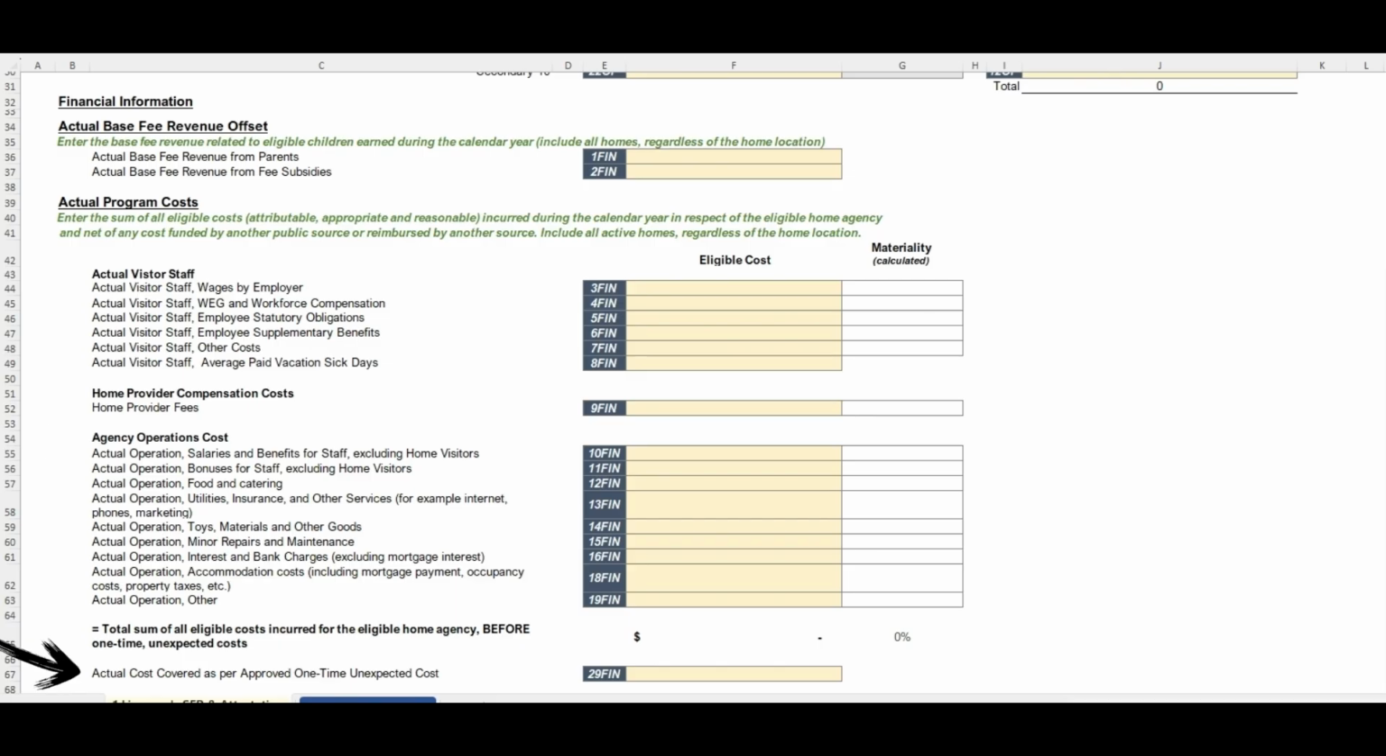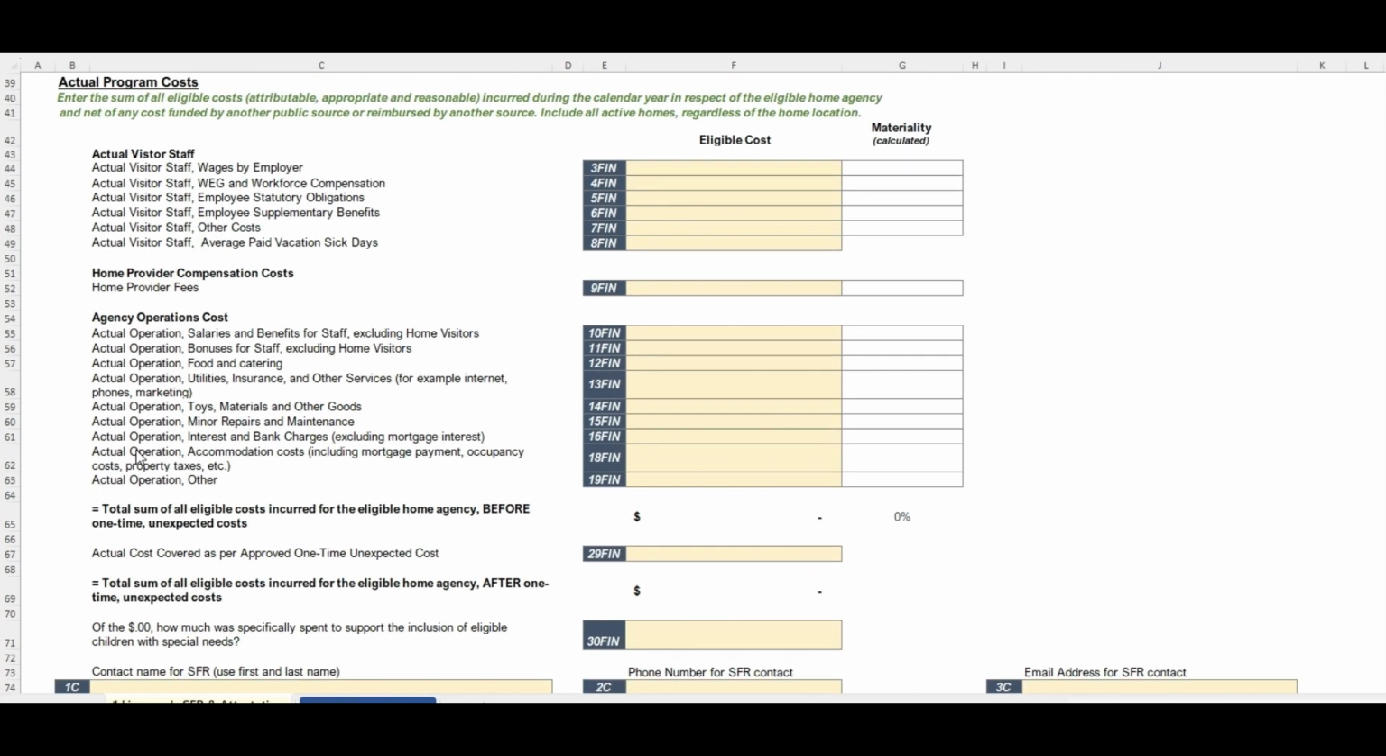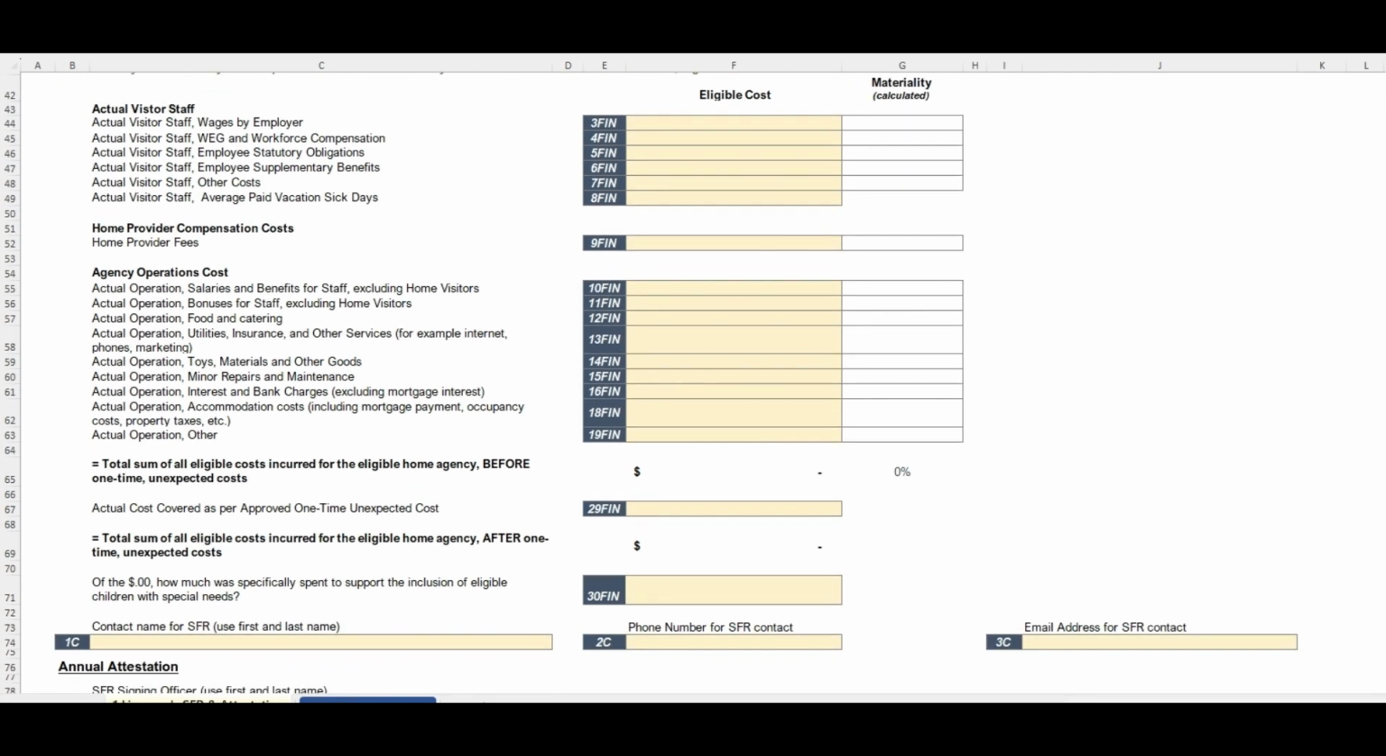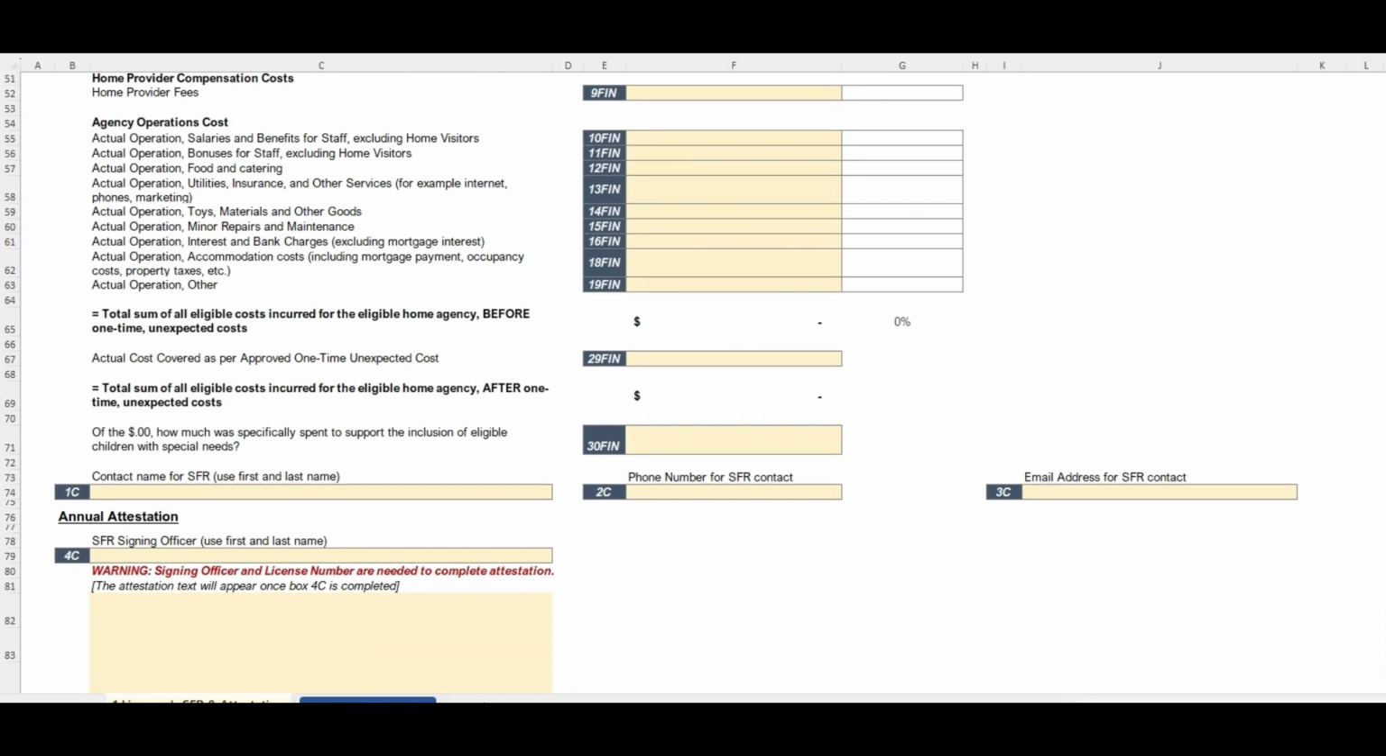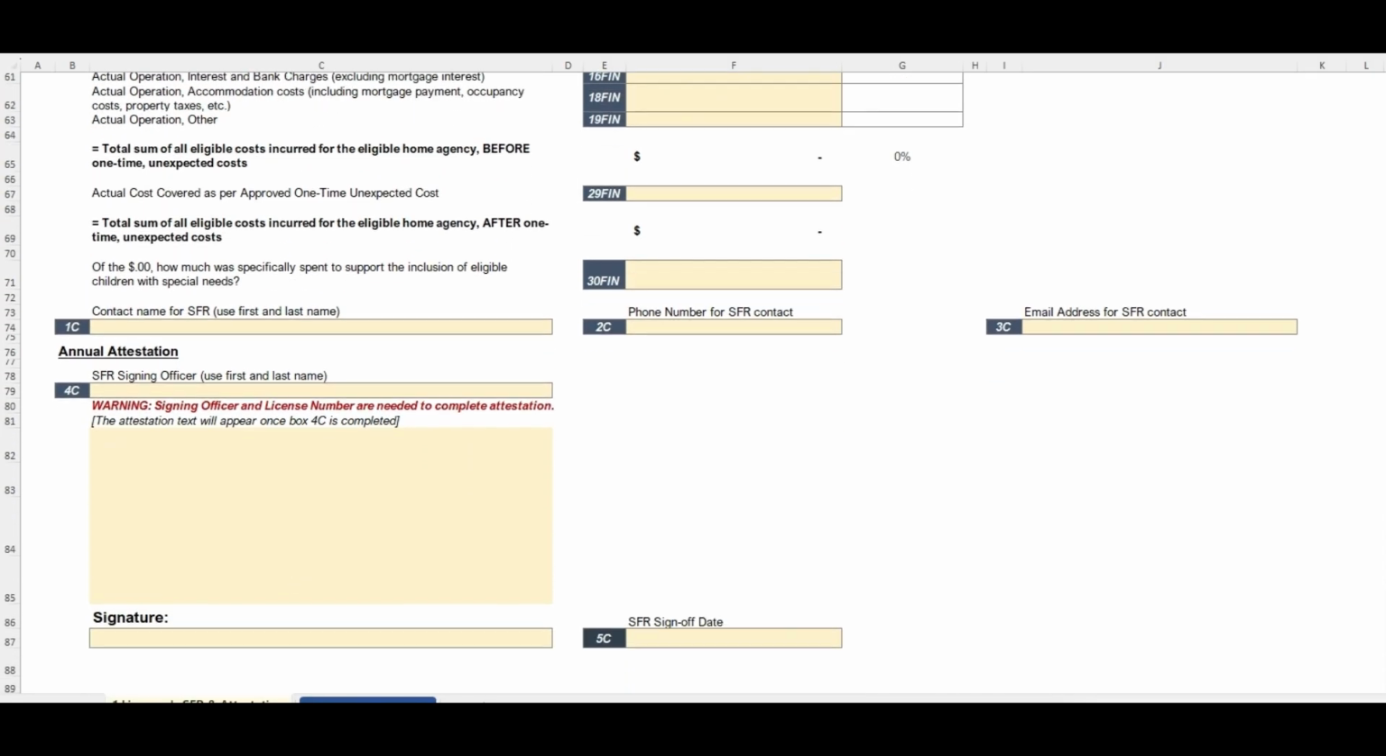Enter any approved one-time unexpected costs if applicable. If you received emergency funding during the calendar year, include the actual eligible expenses associated with the approved application here. The last item for this section is the actual eligible costs specifically associated with supporting the inclusion of children with